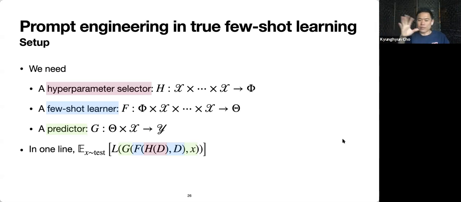And then we need a predictor that's going to take as the input the one example that needs to be classified, and the parameters that were outputted by this few-shot learner. Then we're going to see how well this predictor works across the test examples. But again, these test examples are not the ones used by the few-shot learner nor the hyperparameter selector.